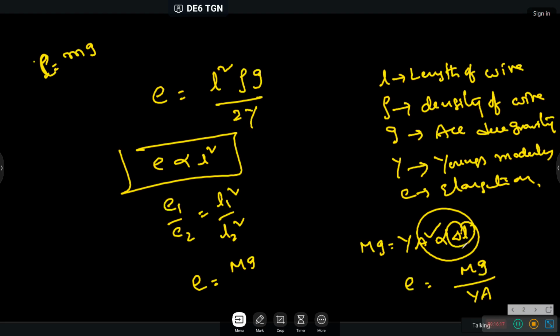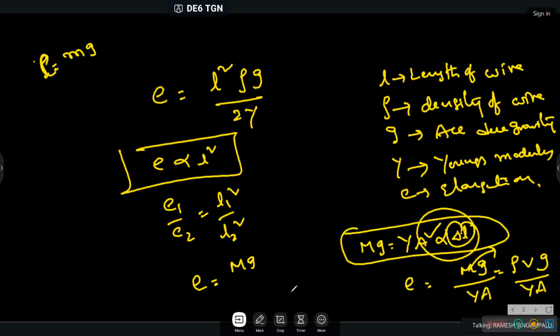Sir, so listen, so m is nothing but what? Density into volume by g. Listen how we are doing very clearly, carefully. Y into A, am I right? You know this formula, how much useful this one is, check it. So e is equal to rho, what does rho mean? Area into length only, na. Generally rho is m by V, that only rho we took. V is equal to what? Area into length, by Y into A. So here what are we going to cancel? A is going to be cancelled.